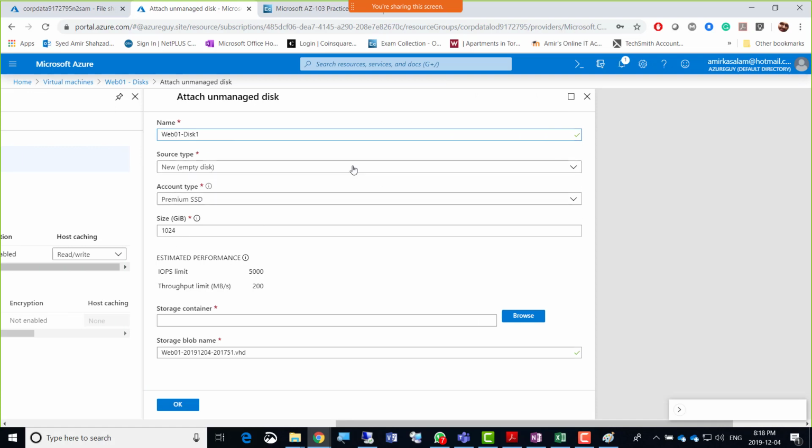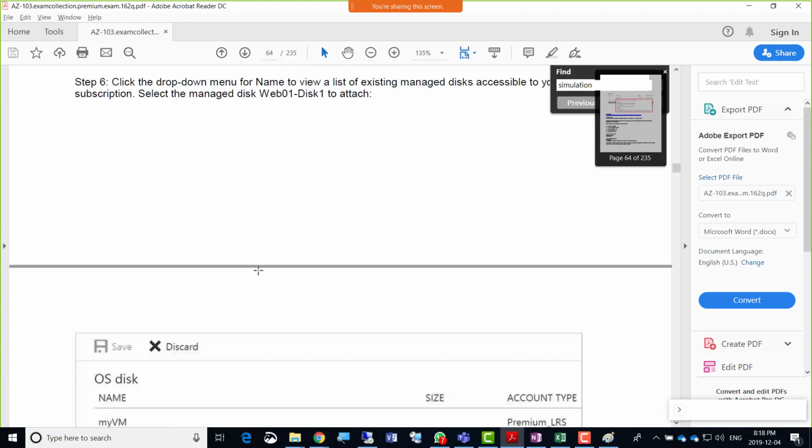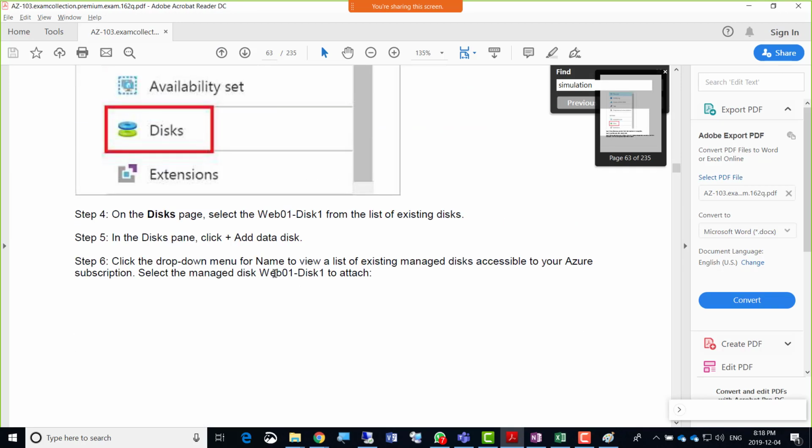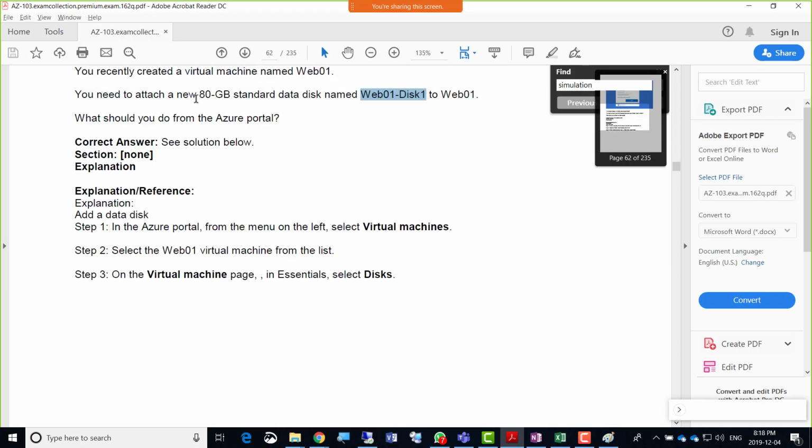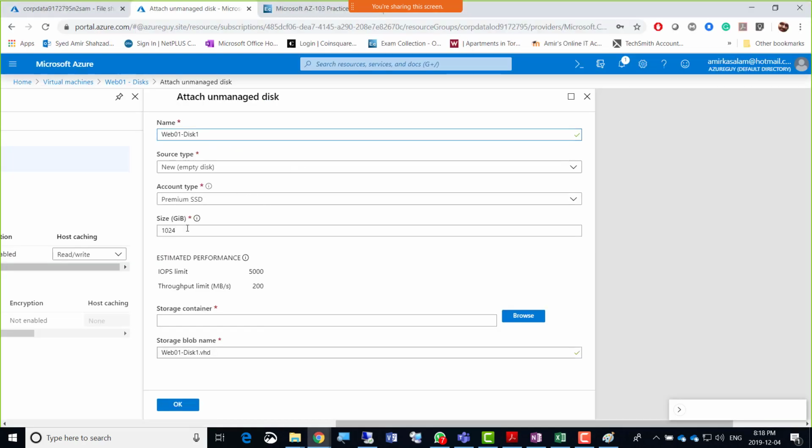And did they ask for the size there? I don't think so. Nope, they did not ask for a size. Oh yeah, there is 80 GB. Okay, size is there, so size does matter in the question. So this is GB, right? So just type it 80, and storage container. It is just saying that estimated performance is this, and then there's storage container that you want to place this disk in. So this is attach unmanaged disk, but